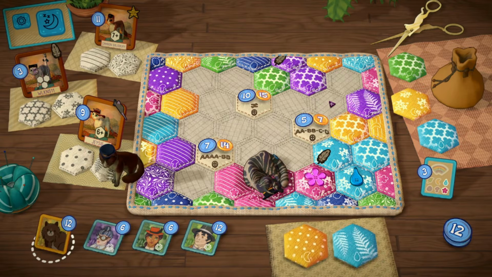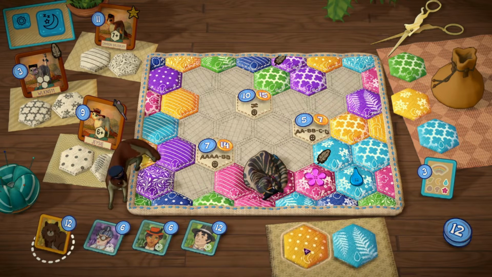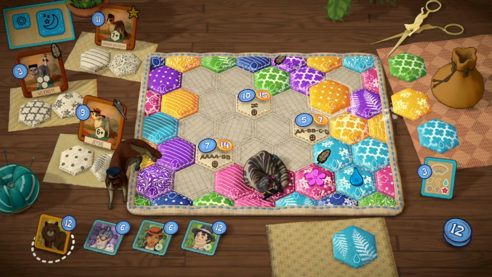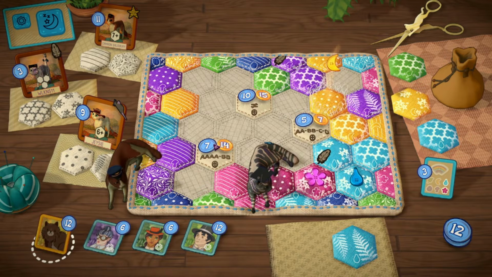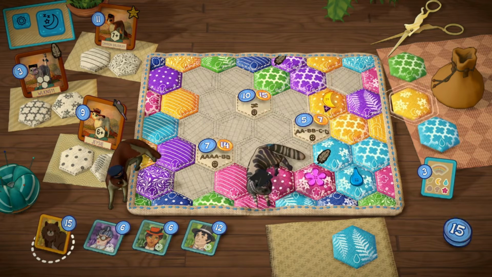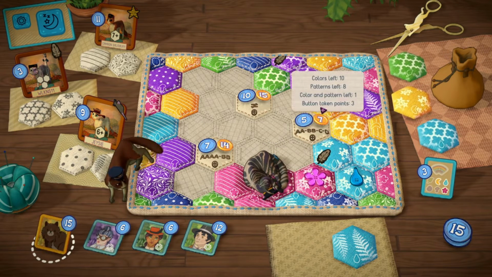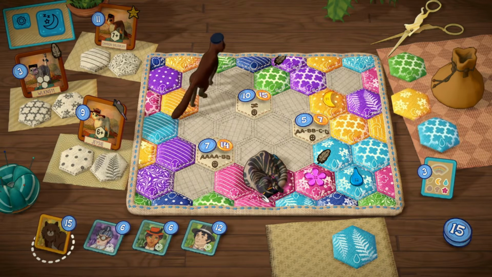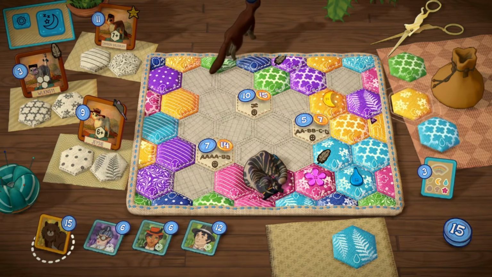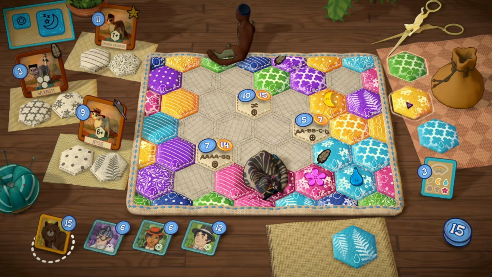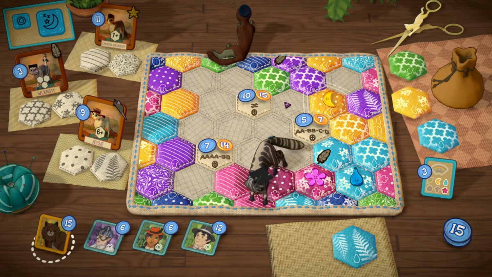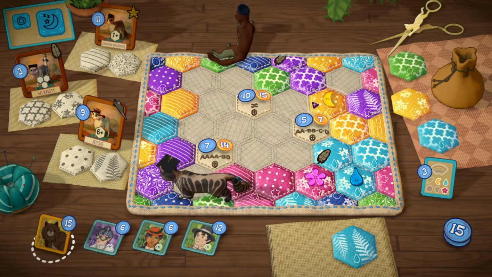And we are going for one of each pattern on here. So that gives us 1, 2, 3 for yellows. Greens? No, we need different. Well, this could be a different pattern for our unique pattern bonus here. And that does cue into